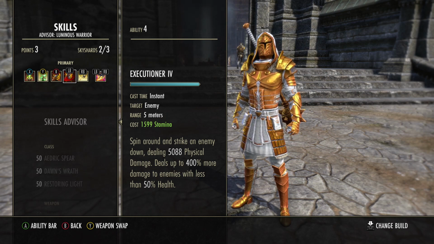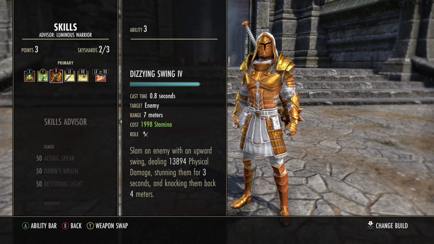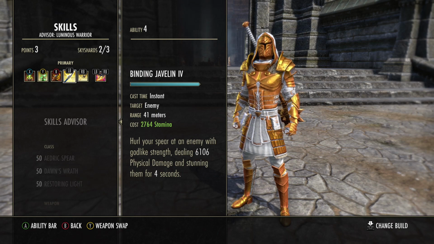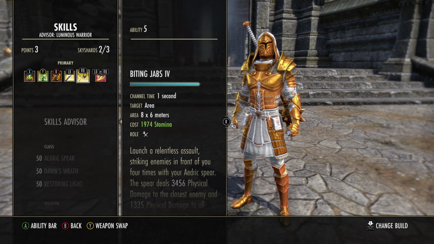Next patch, I am going to replace this altogether with Javelin to get my stun off, so that's just kind of the way I'm going to be playing next patch. I think it's going to work pretty fine. Jabs, you know, needless to say, bread and butter